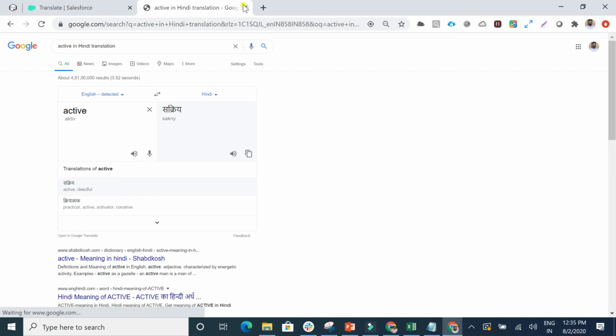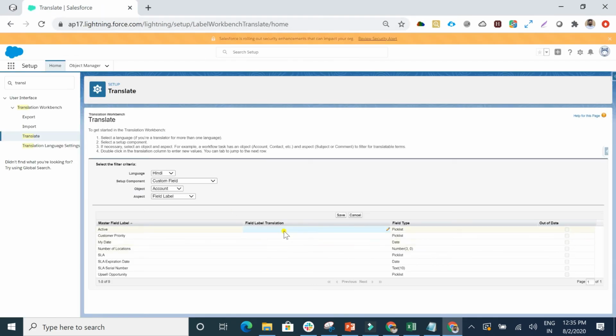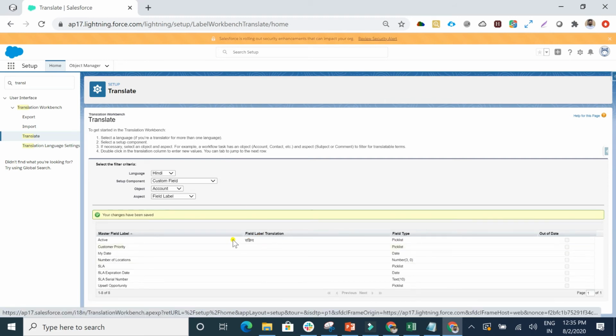This is copying this word, going again, double clicking on this, pasting there, hitting on save button. So I have added the field label translation for my custom field called active.